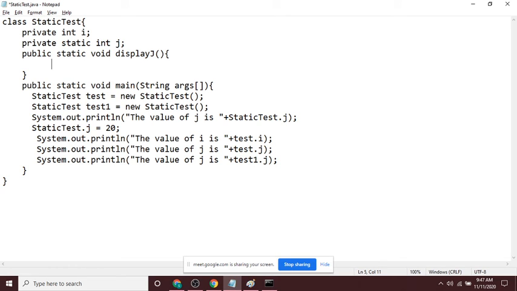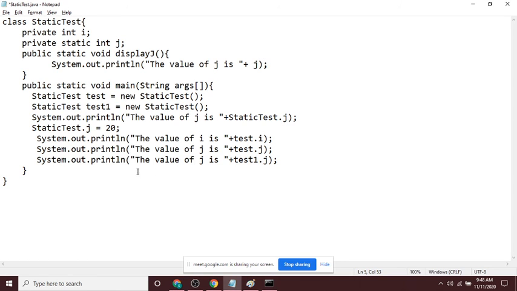My function name is display j. Inside it: System.out.println, the value of j is, plus j.